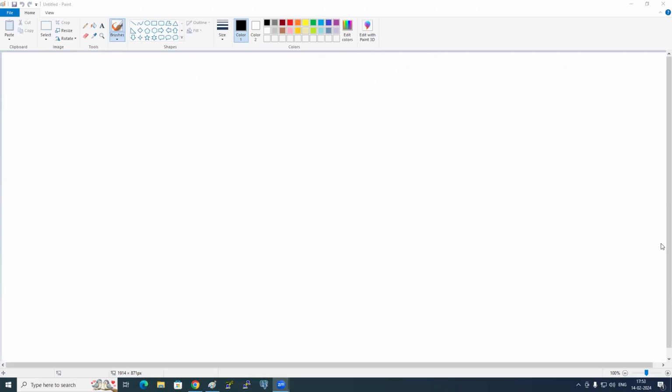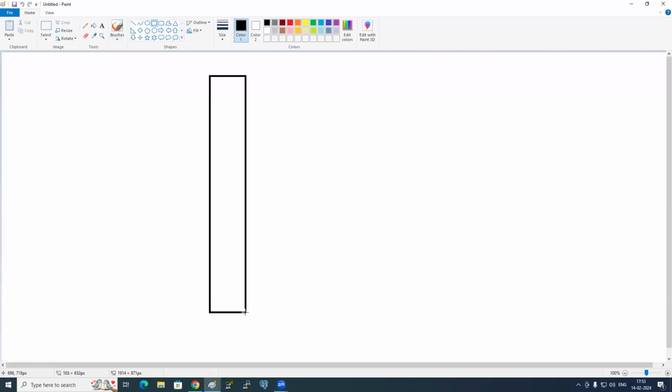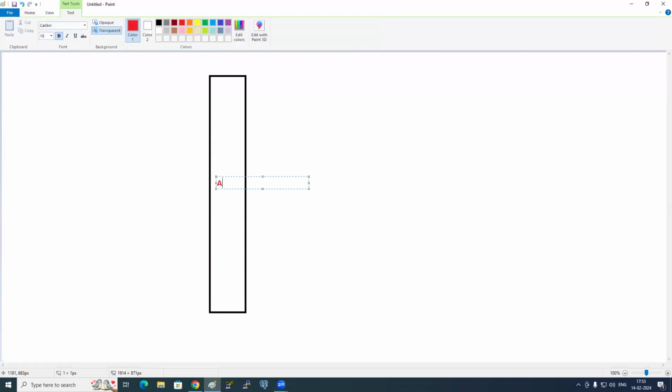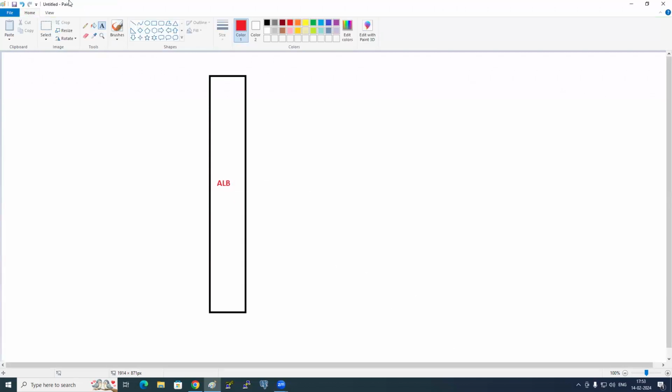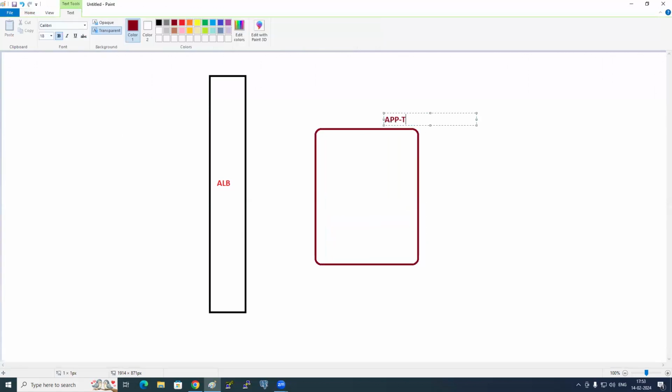So what we do now is, first, we will create a load balancer. What type of load balancer? ELB. And then we will create a target group. I'll call it app TG.